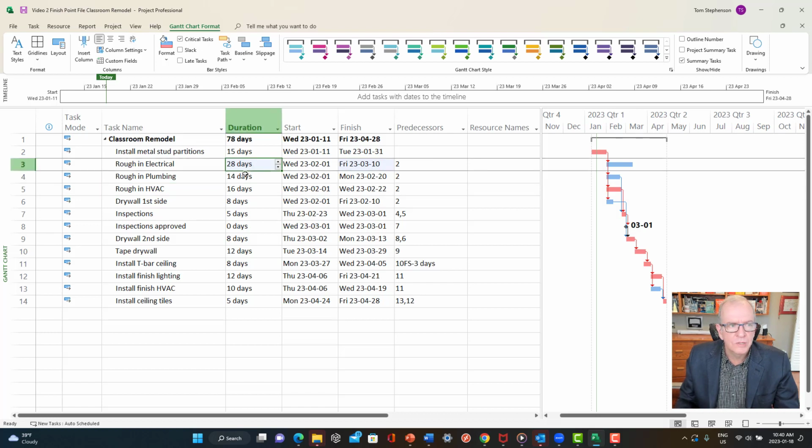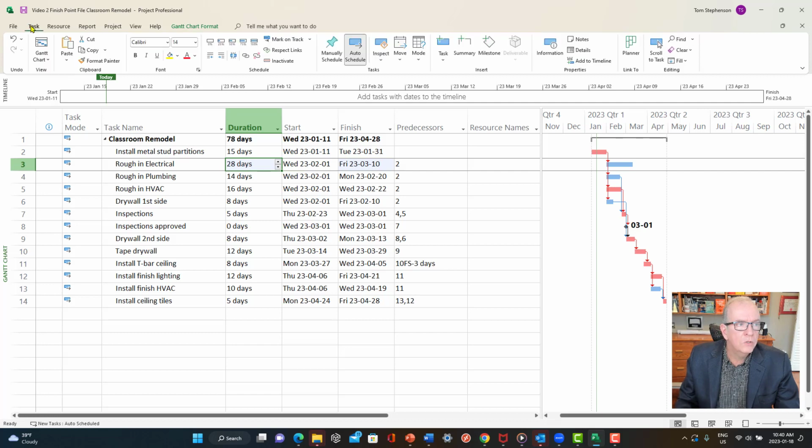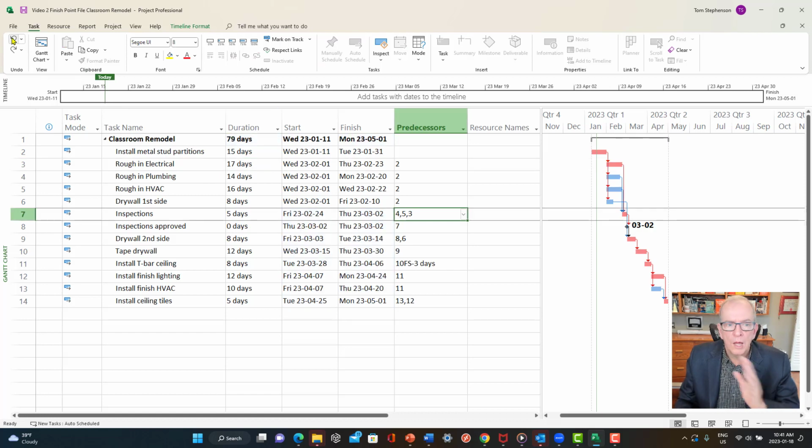So I'm going to just undo. By the way, you can always undo your work, right? So you can always click on undo. Control Z is the nice little shortcut that you can use to undo. And it will undo what you just did unless you saved it. If you've saved it, then it'll only undo back to where you saved it, right? So that's another little tip there. So I just clicked undo, so now I've got my critical path back, I've got everything nicely connected,